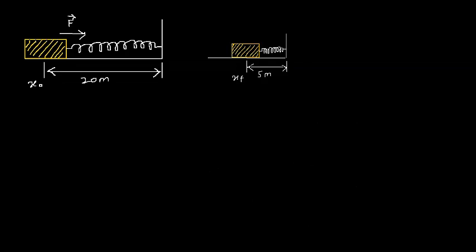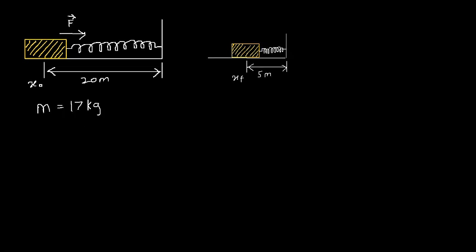Still on work, energy, and power. Let's use what we've learned so far about potential and kinetic energy to solve a few problems. Let's say we wanted to find the velocity of the block when it was 5 meters away from the wall, assuming the block started from its initial position at rest. We're also going to neglect friction in this case, and we take the mass of the block to be 17